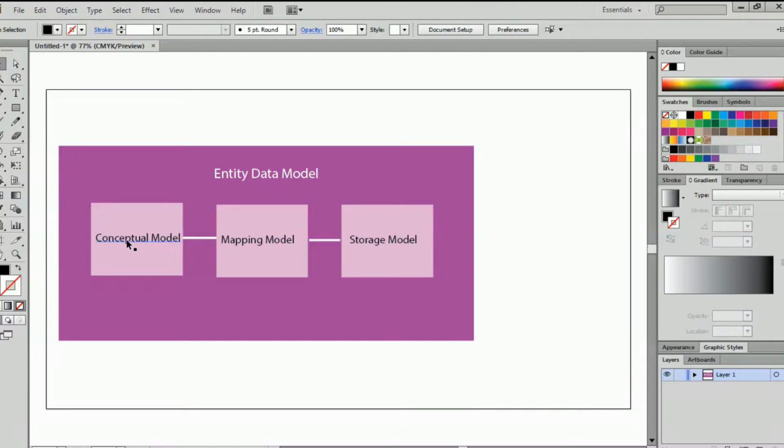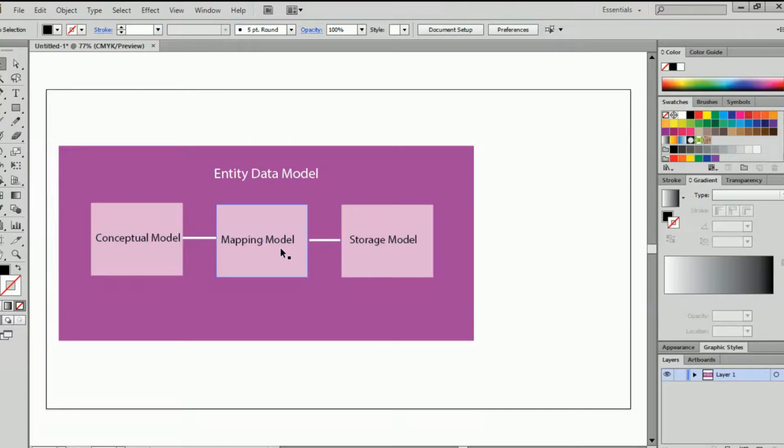That's the whole point. It will directly map every kind of data type, relationships, and all the heavy lifting will be done by the Entity Framework, and the mapping model maps all of it, and the storage model is used to store all kinds